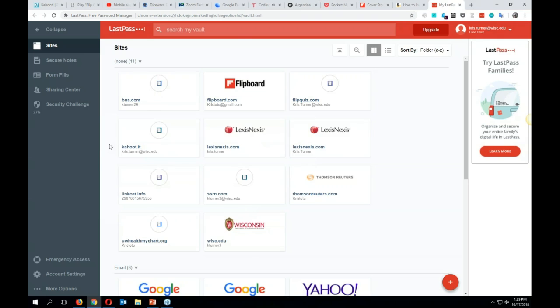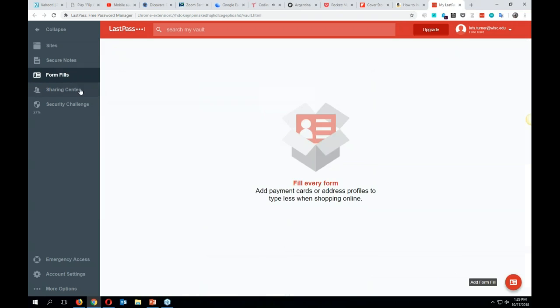So it's a nice way to save on your own memory because you only have the one to remember, and then it also is extra secure because LastPass, they are invested in keeping these things tightened and battened down. I've never heard of any leaks from LastPass. It is their job, their company is to keep things secure. They are one of the more trusted ones out there in keeping passwords protected. One cool thing they do is, in addition to passwords, I'm not going to show you all my passwords, sorry. I didn't get paid enough to give you all my passwords, is some form fills.